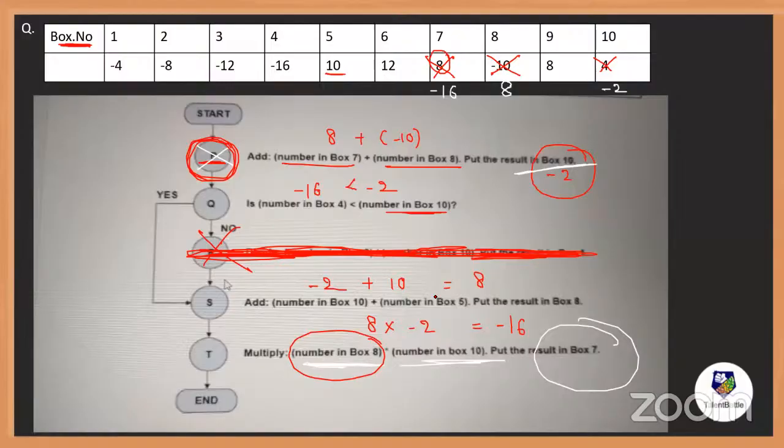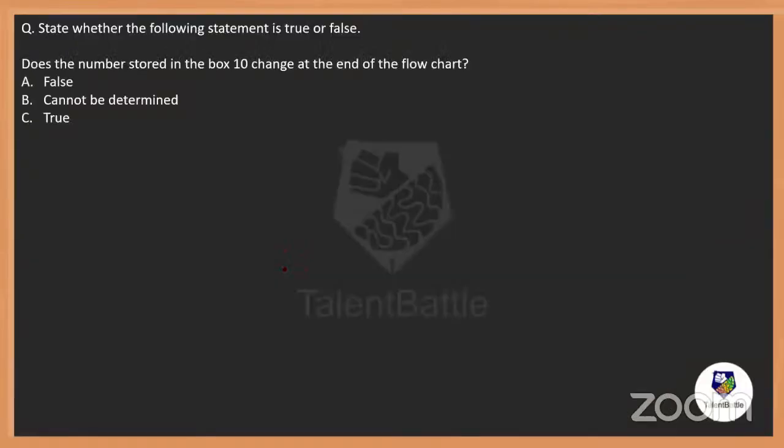Okay, this is how you are going to solve the flowchart. So if it is S, ignore this step and go with this step directly. If it is no, you will do this step also, whatever the step we had ignored here. So we did all the steps and these are the 3 changed values. Remaining all values are the same. Now let us look into the question. Now you tell me what is the answer.